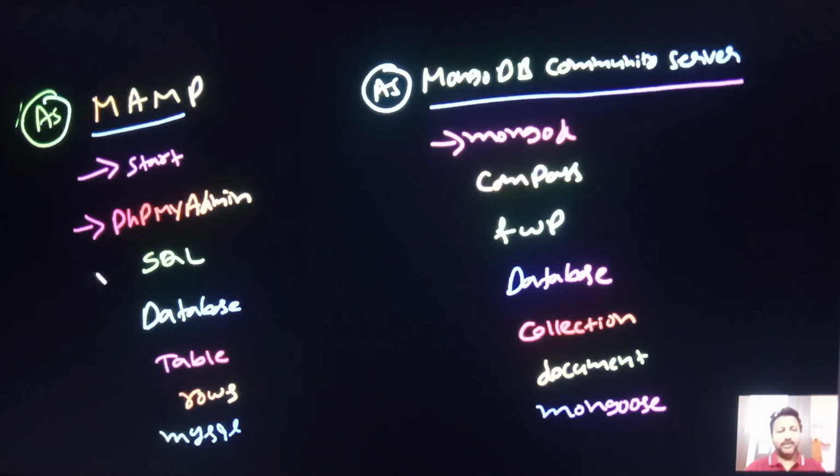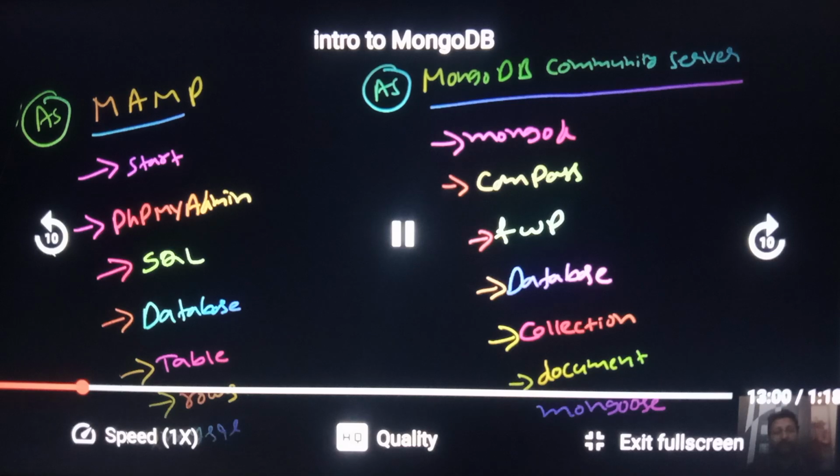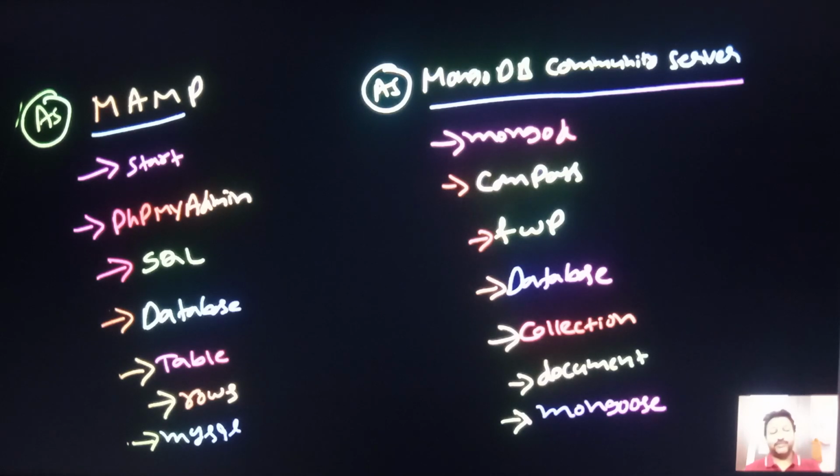Here you have to perform CRUD operations using SQL. Here you will be using functions with parameters. Here it is called a database. Here also it is called a database. Here you call it a table inside the database. Here you call it a collection inside the database. Here you call it rows. Here you call it documents. And here you have to use the MySQL JavaScript library to connect to the MySQL database. Here you have to use the Mongoose JavaScript library to connect with the